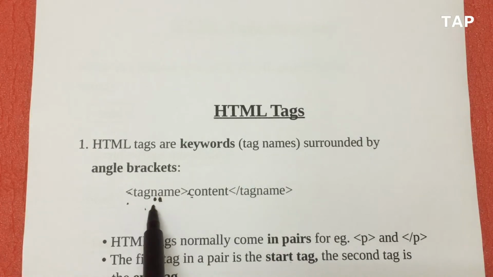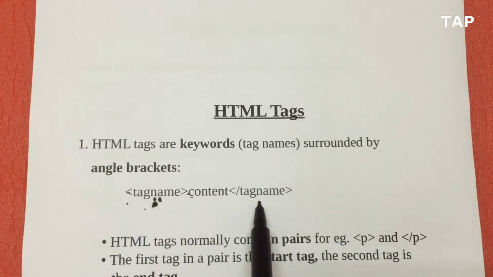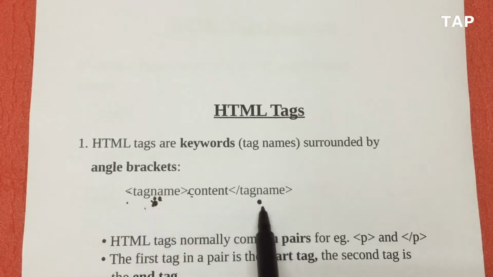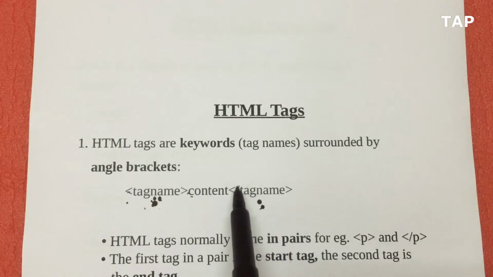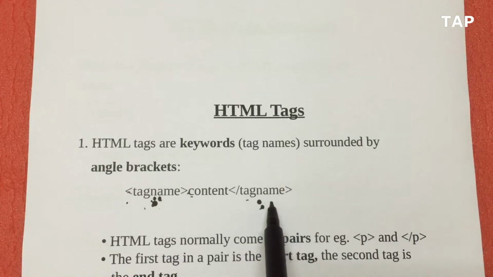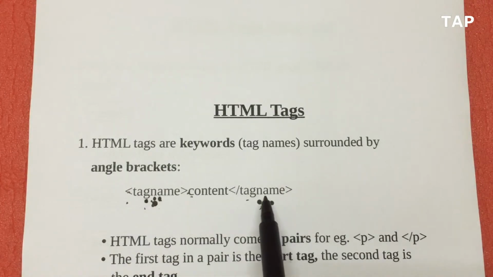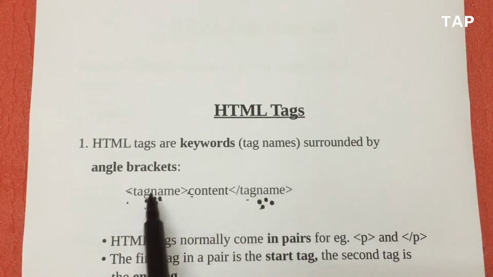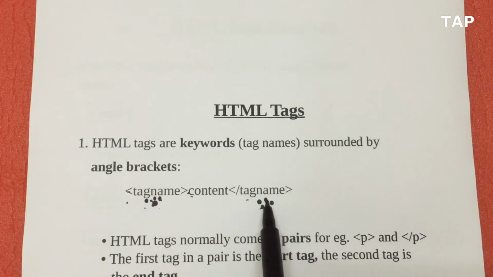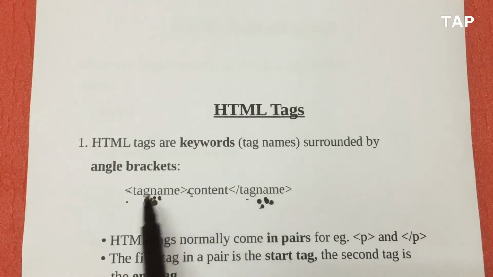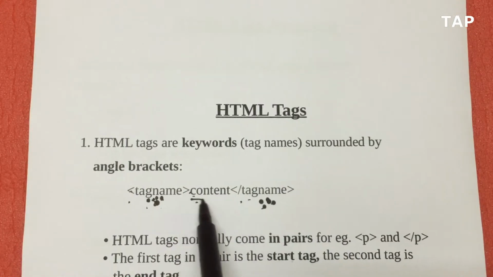This is the opening tag, the starting of your tag. You have started the tag, and here you are closing the tag. You use the same tag name with one slash, then your tag will be closed. You can say this is the start gate and this is the exit gate. This is the entrance and this is the exit, and in between the entrance and exit, you can write your content.